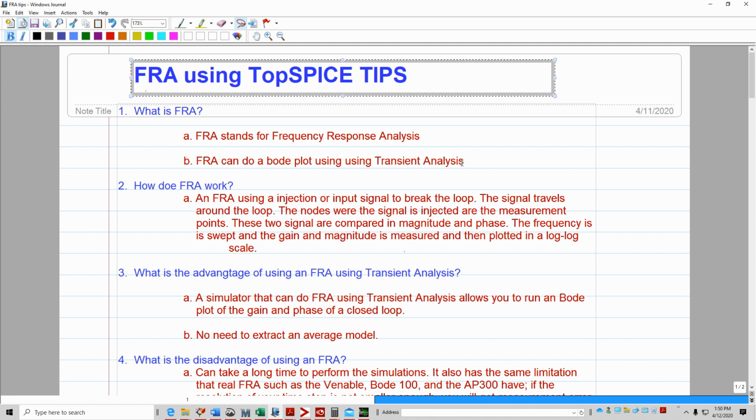This is very powerful: if you can plot a Bode plot, which is frequency domain, using a transient analysis, which is time domain, then you can do a lot of things with it. So the next question would be,